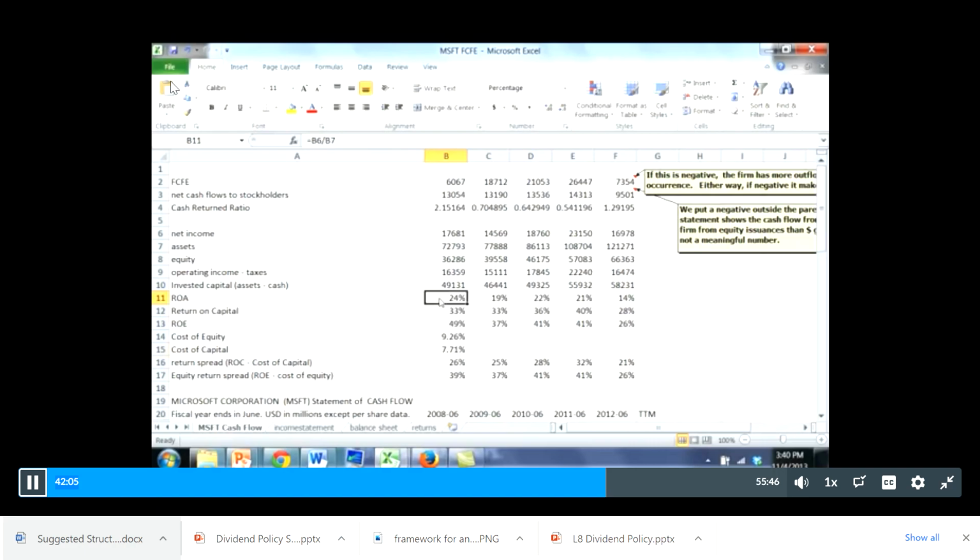Even when we're using the most stringent measure where we're saying, if you're going to sit on all that cash, you better justify it, their return is still much, much higher than their cost of capital. And just to turn that into a number, I've computed the spread difference between them. So cost of capital versus return on capital, cost of equity versus return on equity. This measure is a little more generous than that measure, but in all the 5 past years, we're still beating our cost of capital.